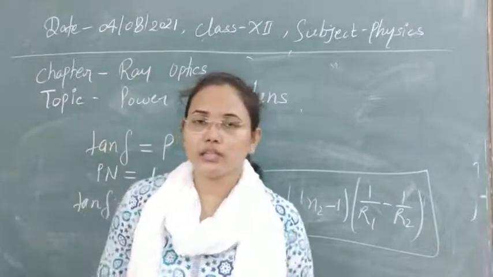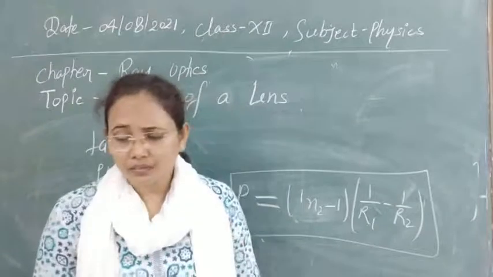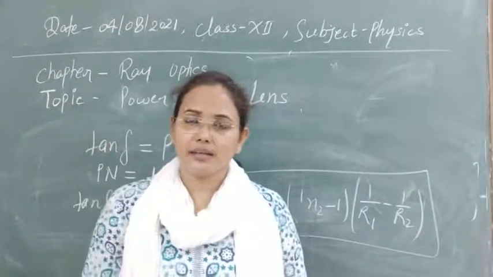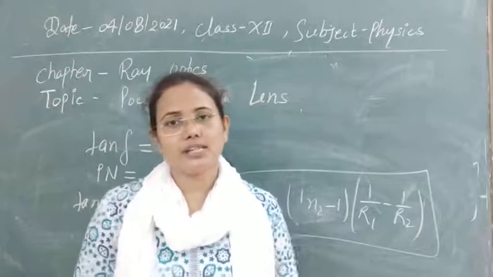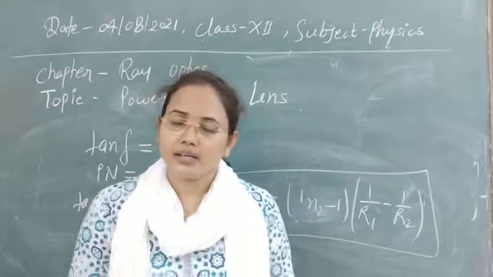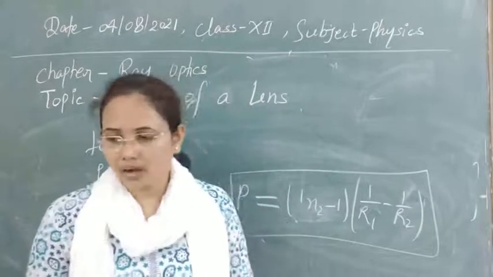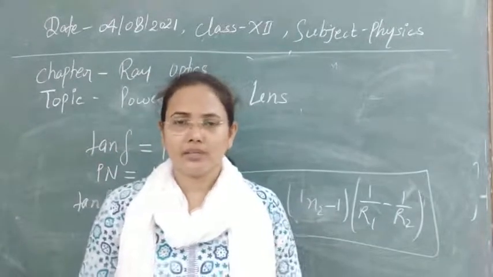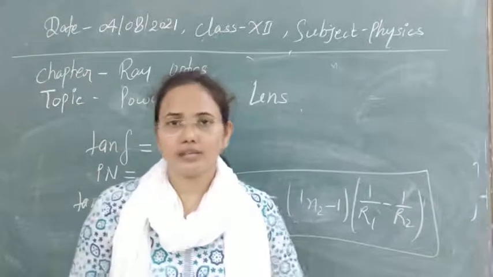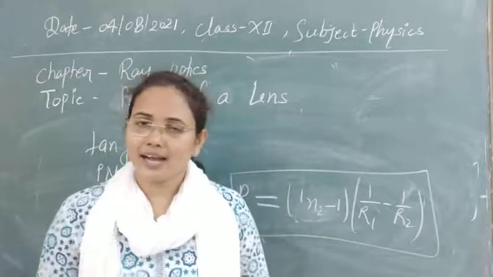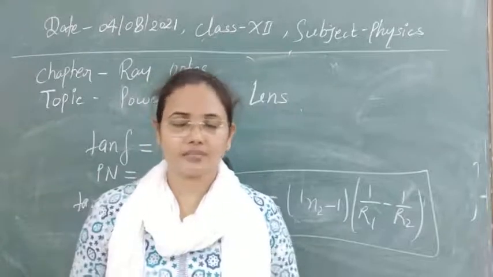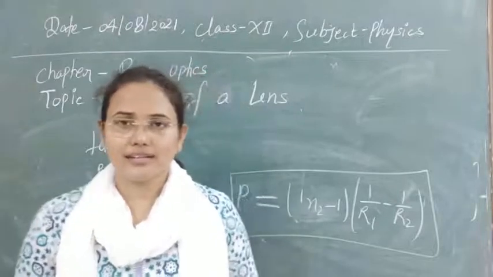As for the rest of the things about the lens maker formula, like how we can understand the magnification, meaning whether an enlarged or diminished image we will get and when we will get it, let's see that in the next class. Also we will see the combination of lenses, when a number of lenses are combined. So let's see that in the next class. I think for today the lens maker formula that we have studied is very clear now. So let's end our class here, guys. Thank you.